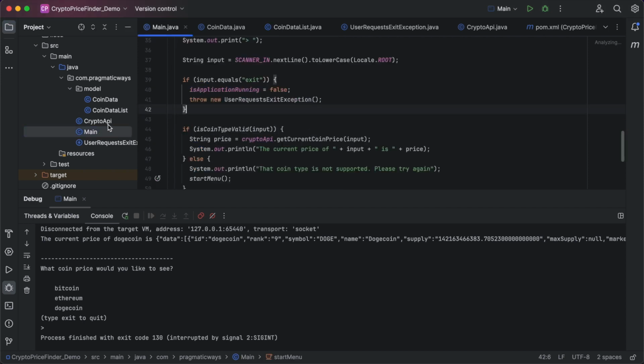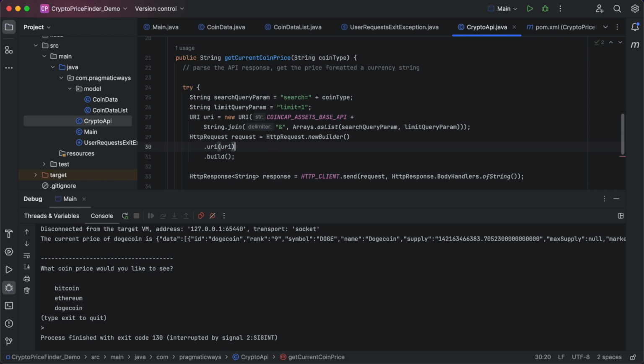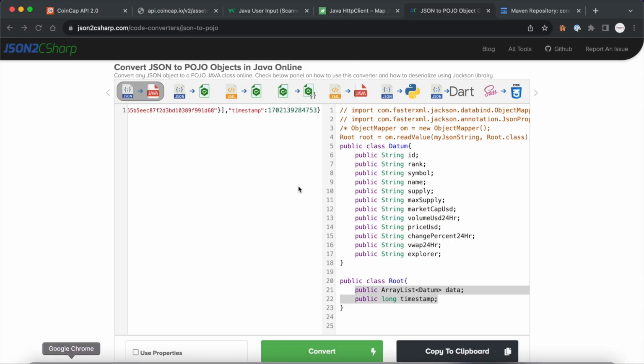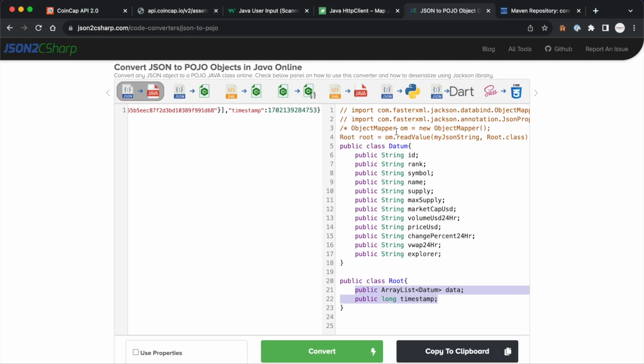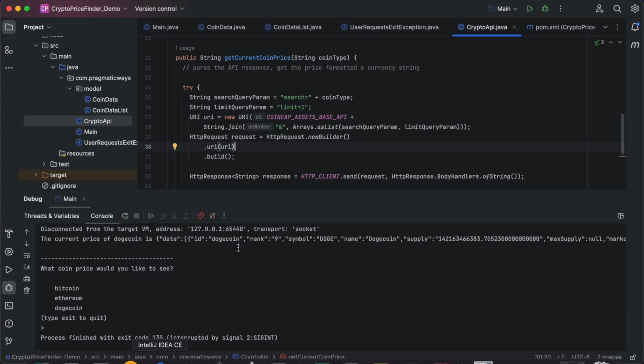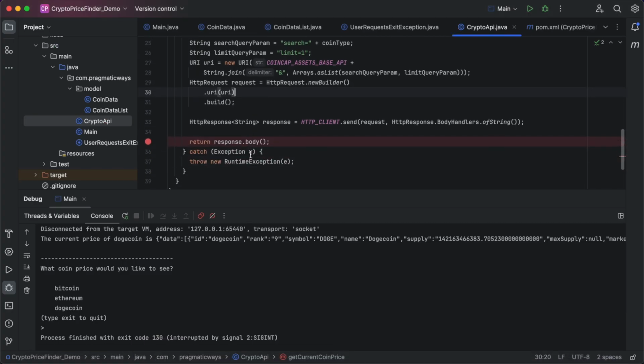All right, now back inside of our CryptoApi class here. We can see that this website also gives us some example code of how to actually use this now. So I can go ahead and copy these 2 lines here. Instead of returning the actual response, what I'm going to do is say string response body equals our response here. I'm going to paste those 2